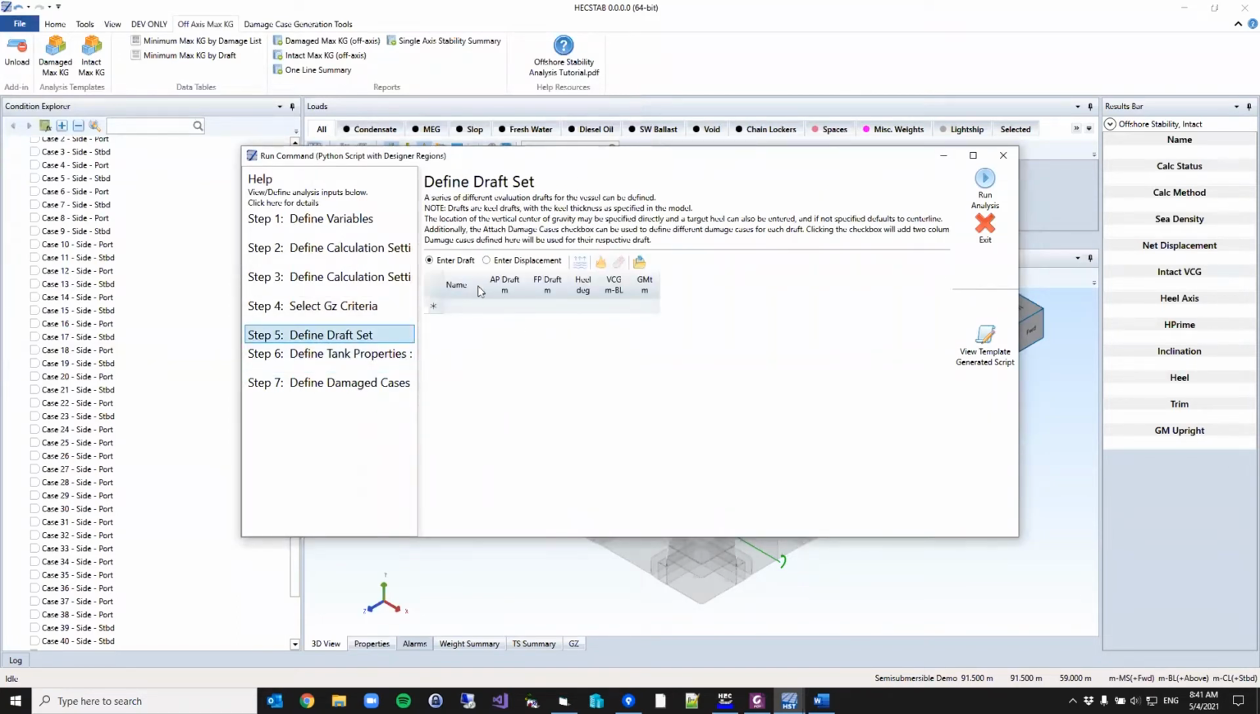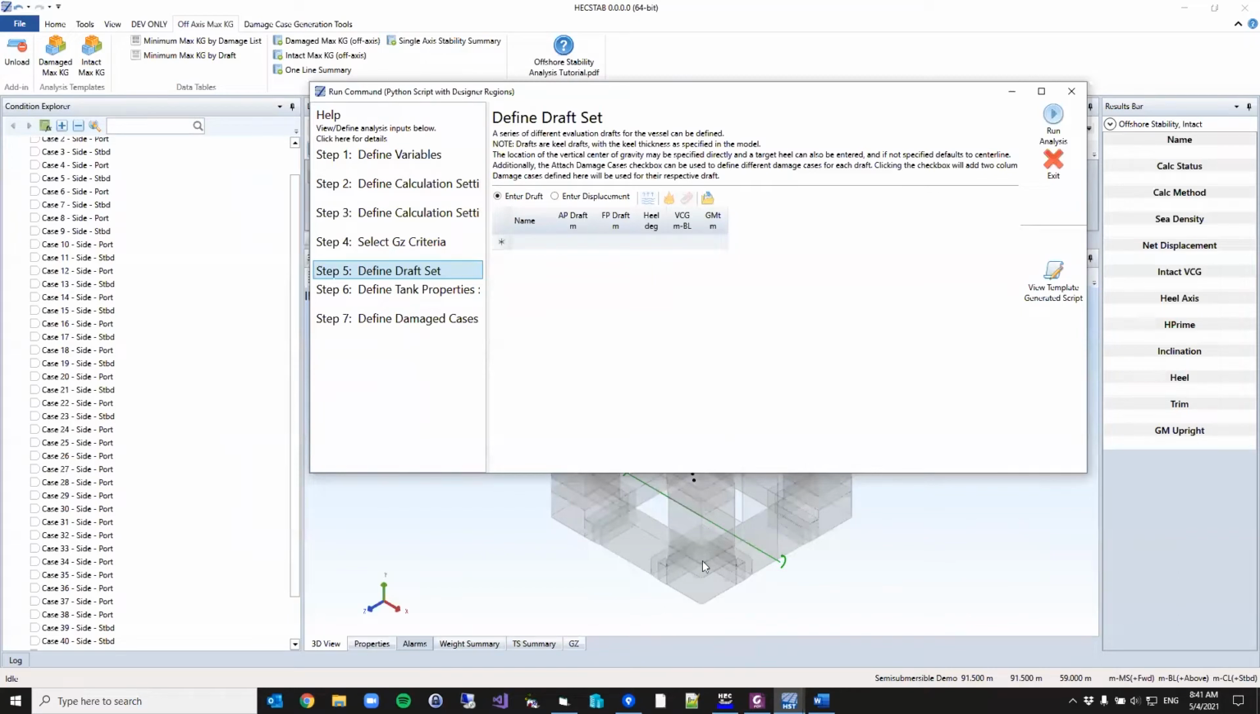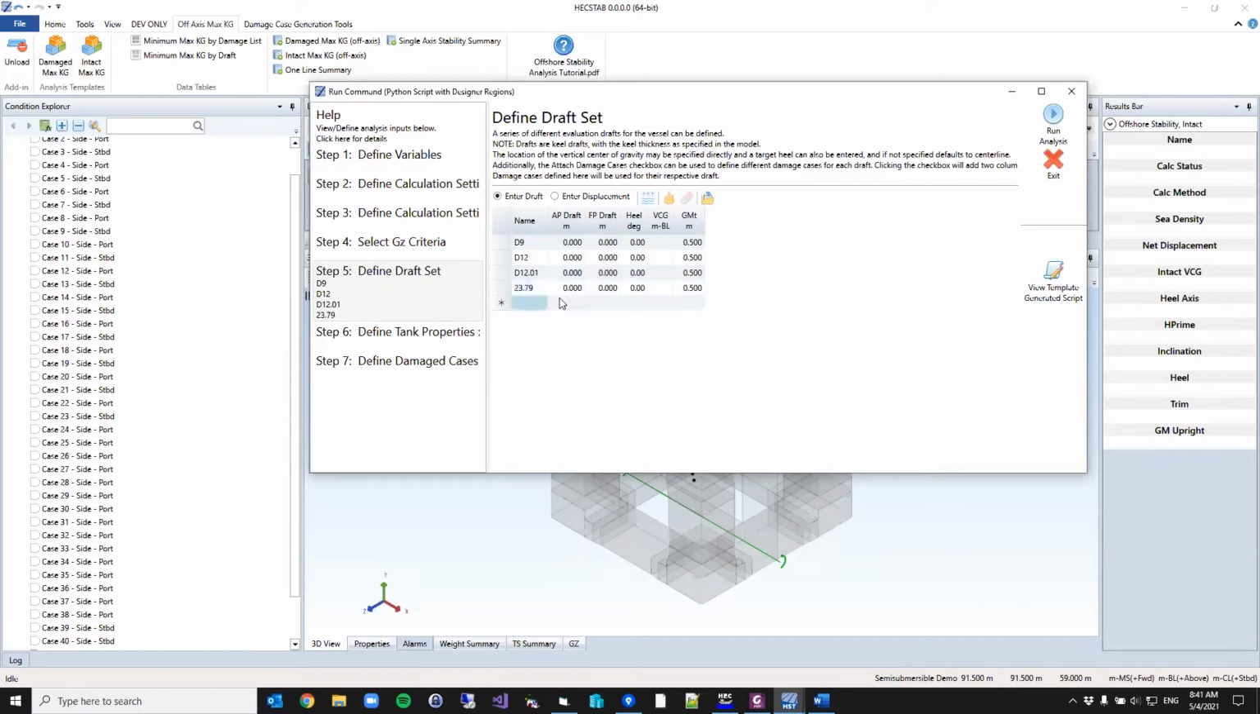And this is where we can go back and look at the model and say, where are the critical drafts where I'm switching damage cases? Basically, if I started at a 9-meter draft, I could go up to a 12-meter draft, and those would all have the same damage cases: the damage cases for anything where both the pontoon and this first layer of columns are damaged. Once I get to 12.01, then those pontoon damage cases are going to fall off. And that would extend all the way up to 23.79, because